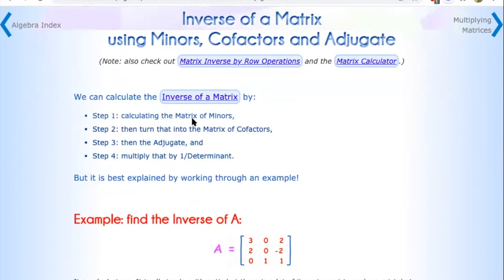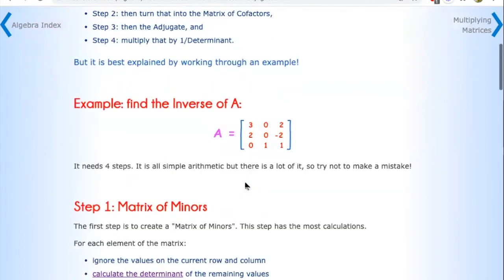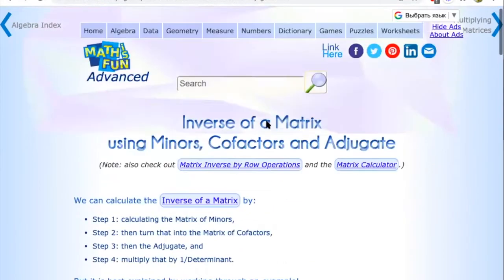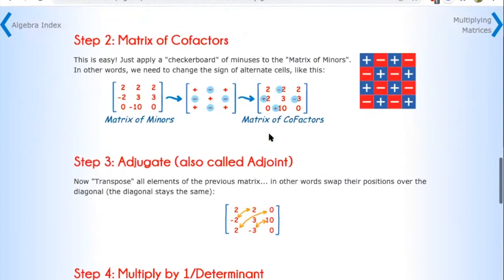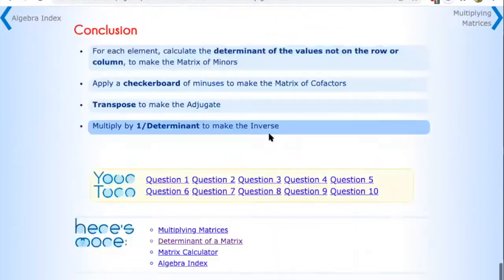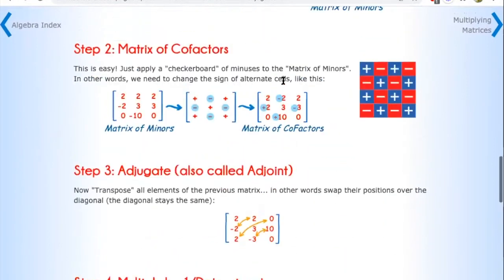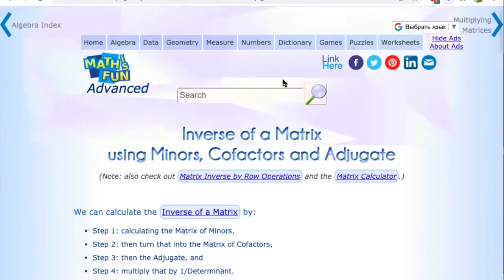It is to calculate the matrix of minors, then cofactors, and the adjugate matrix, and then we need to divide each element of the adjugate matrix by the determinant. So I recommend you read this information carefully by yourself when you are doing your calculations in your Excel